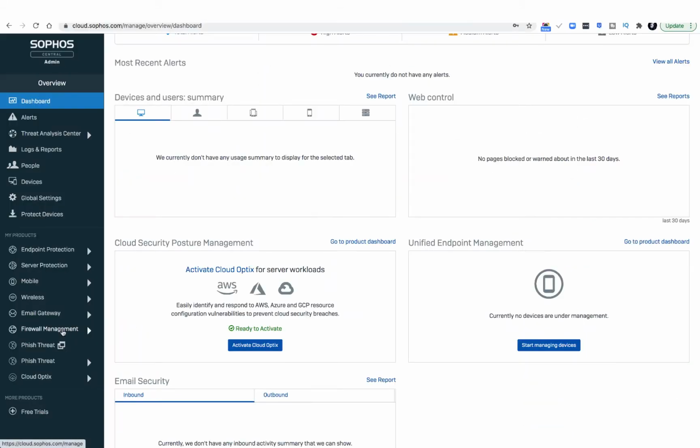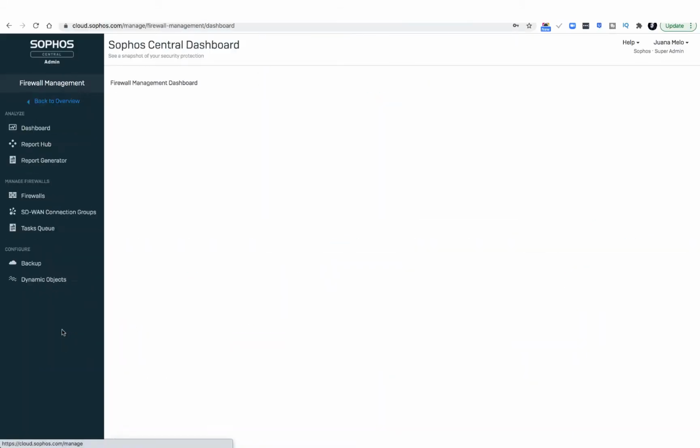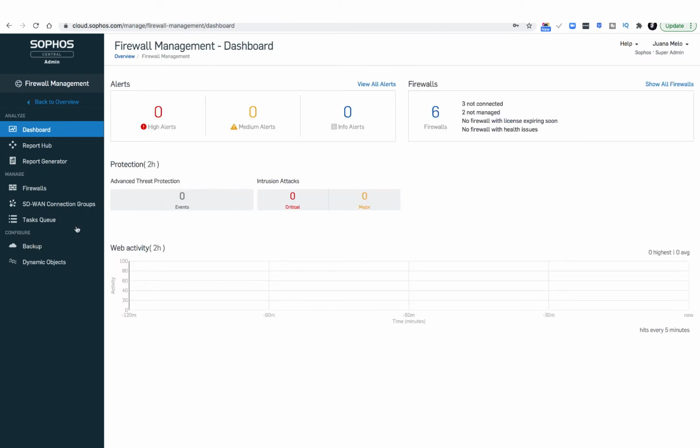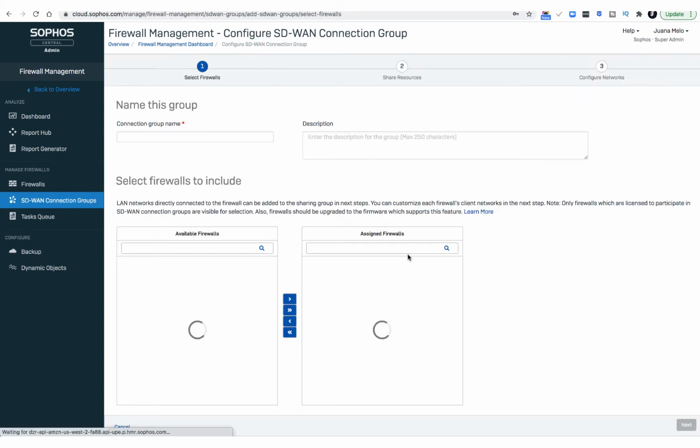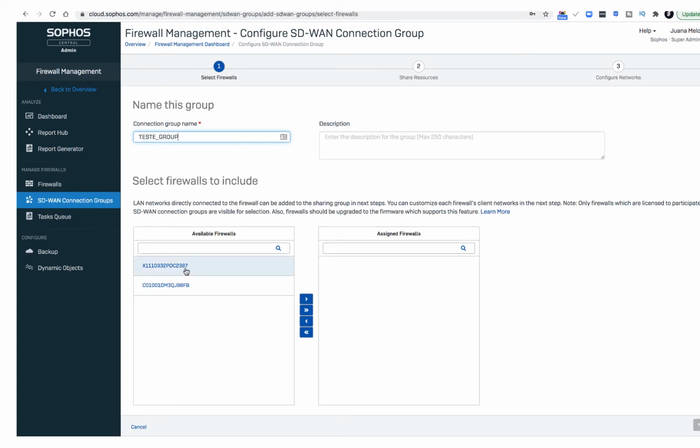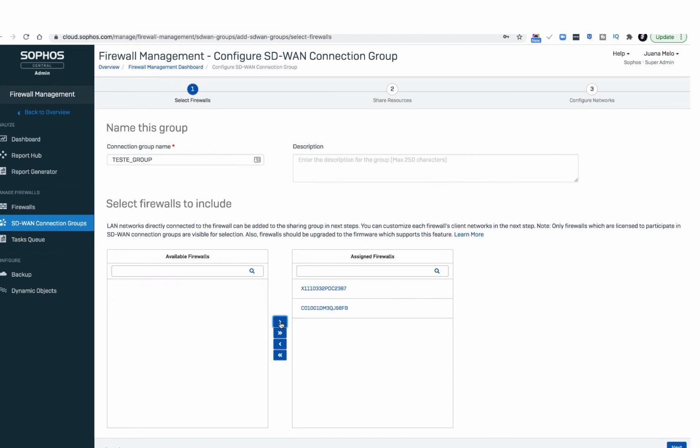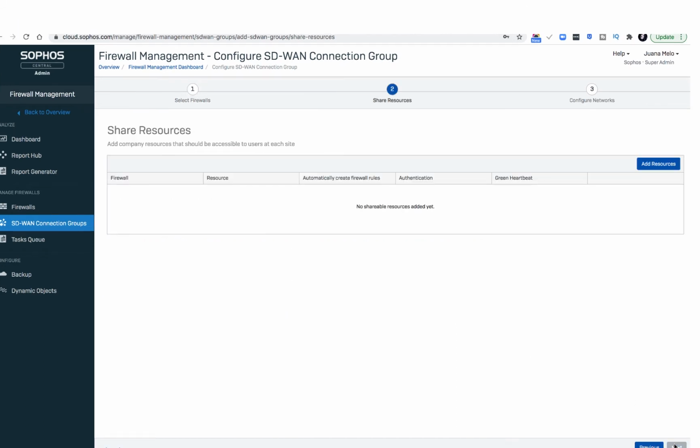this walkthrough. From the main Central panel, go to the Firewall Management tab. Then, select the SD-WAN Connections group. Now let's create a new connection group. First, insert the name of this group. Then, select the firewalls that will be part of this orchestration group, in our case only 2 firewalls, and